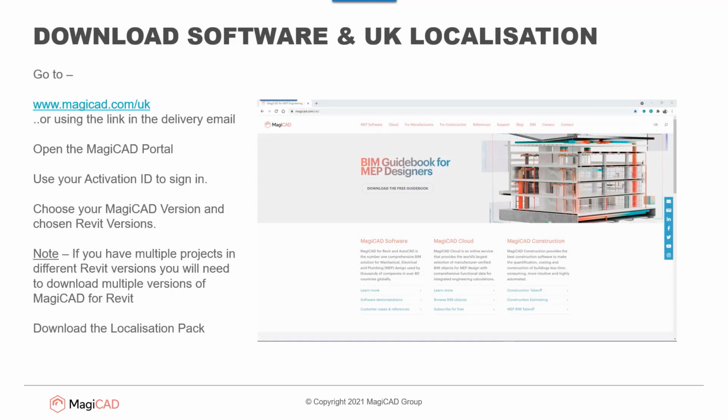In this next slide, we're just going to go through a quick guide to downloading our software and UK localization. For those of you that don't know what the localization is, basically MagiCAD localizes Revit towards UK standards and UK equipment, and with these localizations you get UK aligned content. So I have a video here, but you can also go to the MagiCAD website, or if you're using the link within the delivery email, you can go to the portal. If I just select play on here,